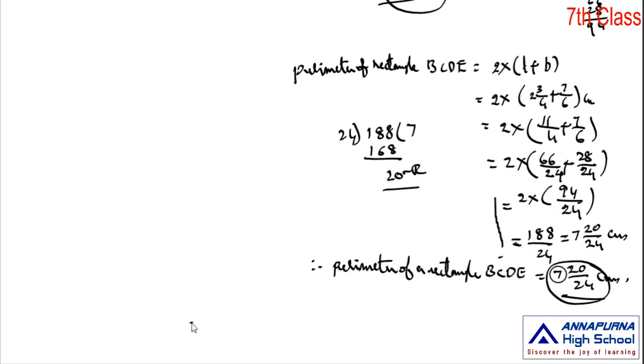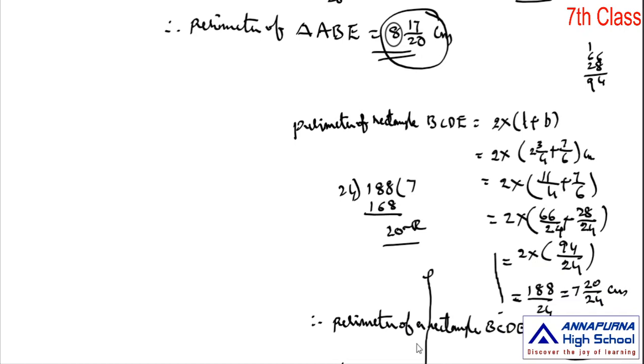Therefore on comparing perimeters of triangle A, B,